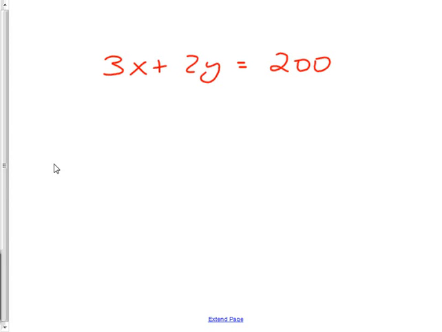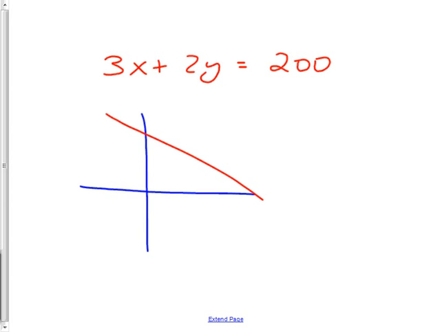Okay, so here is an equation. What you've been doing lately is graphing things, where we have a line like this, and we shade underneath it. And let's say we have a line going like this, and we shade underneath that. And then your common sense tells you that, let's say this is the number of bananas sold, and this